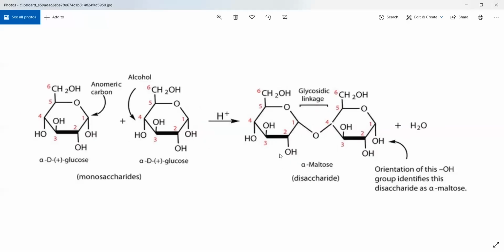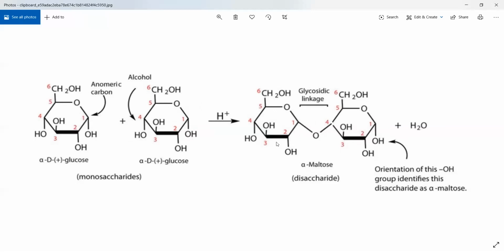What you do is you take two glucose molecules and you attach them together with a 1,4 linkage. So if you can see here, the first carbon of the first glucose and the fourth carbon of the second glucose will form a glycosidic linkage. You will have a loss of a water molecule, and you'll end up with a glycosidic linkage forming maltose. All right. So I hope you are understanding here.